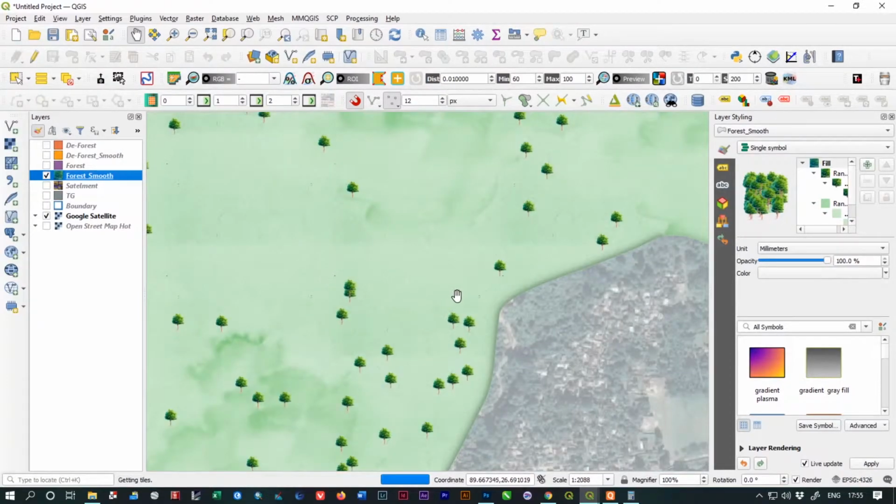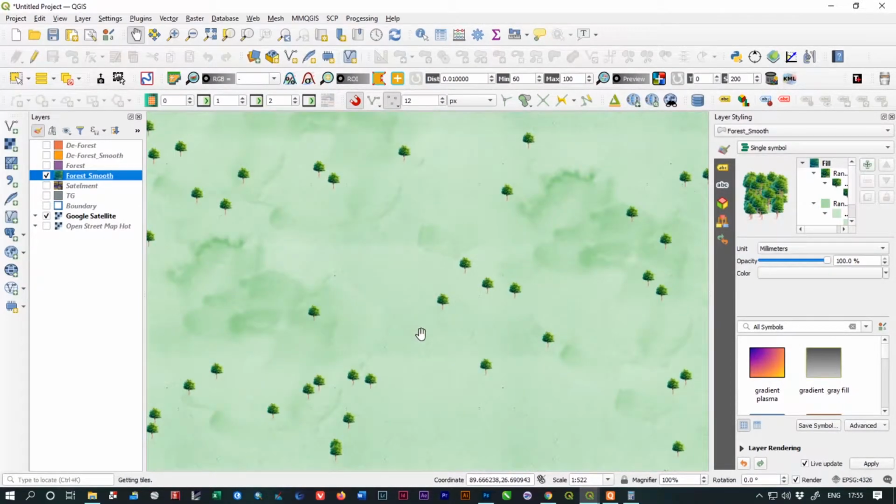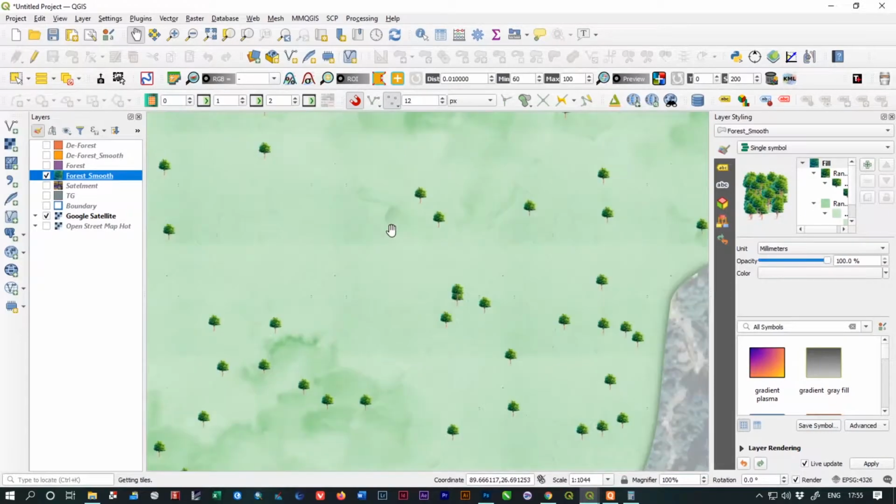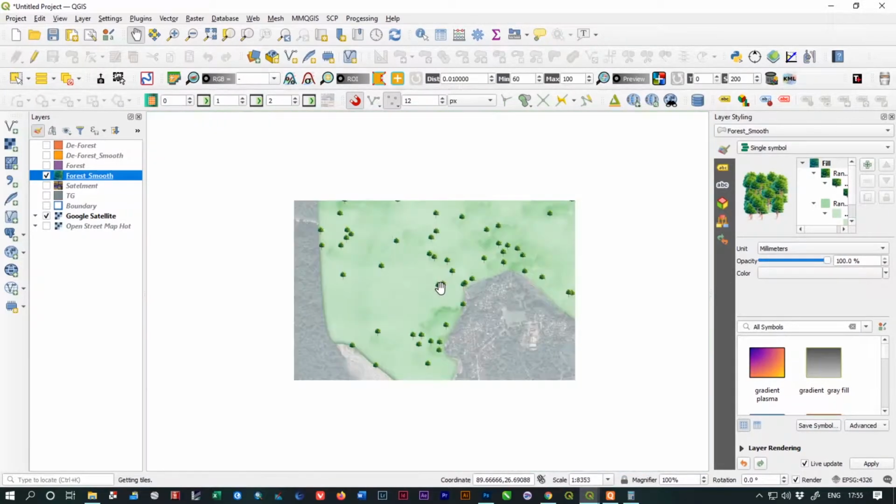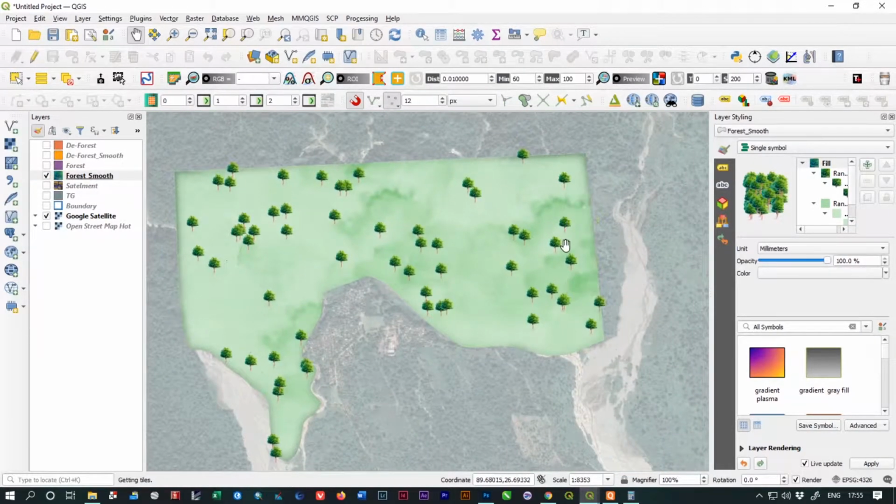If you look closely, I have used a pattern, and over that I have entered a watercolor marker, and I have used another marker, which is these trees, and placed them randomly.